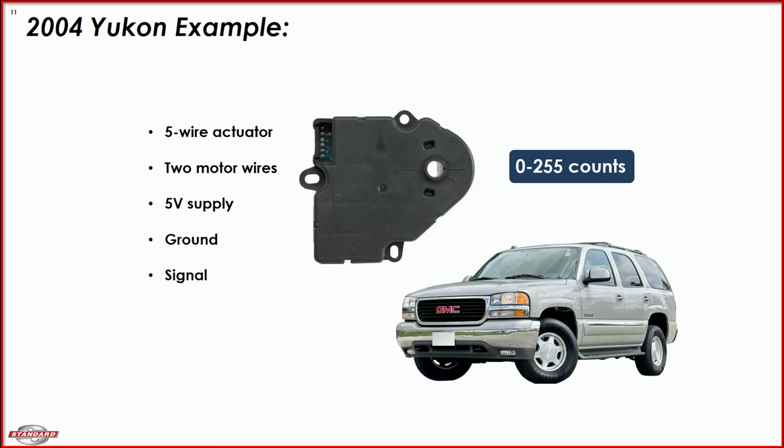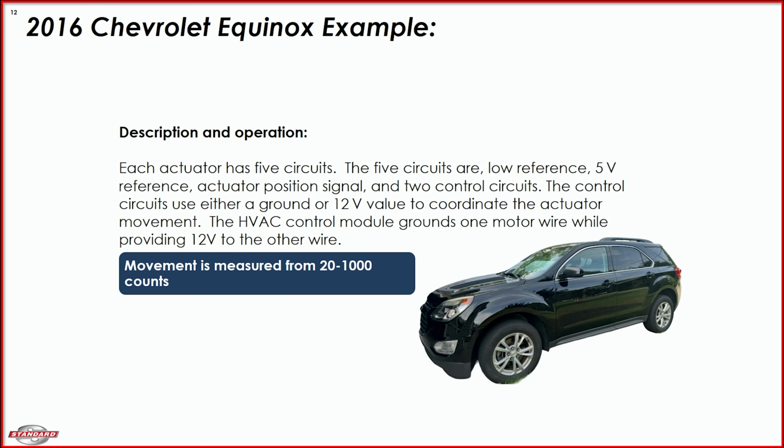When the module sets a commanded or targeted value, the control signal is changed to either 0 or 5 volts, depending upon the direction that the actuator needs to rotate to reach the commanded value. As the actuator shaft rotates, the changing position signal is sent to the module. Once the position signal and the commanded value are the same, the module changes the control signal to 2.5 volts,